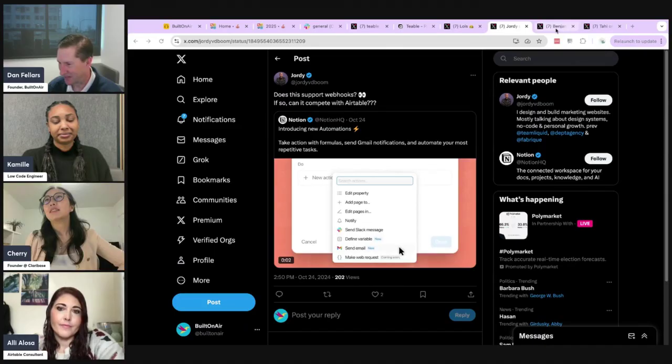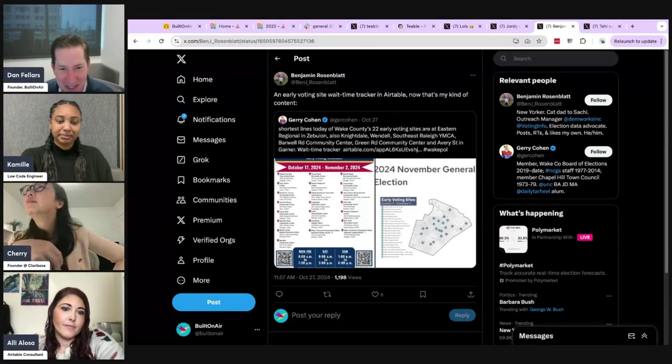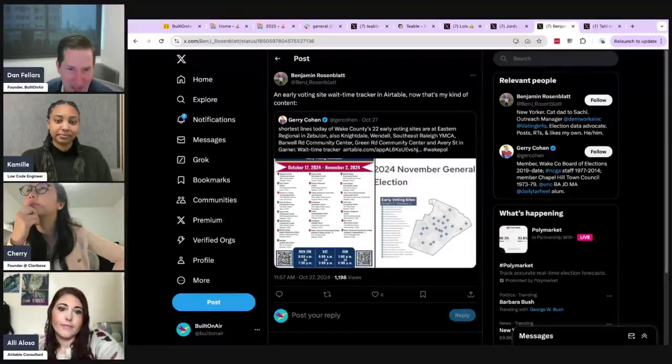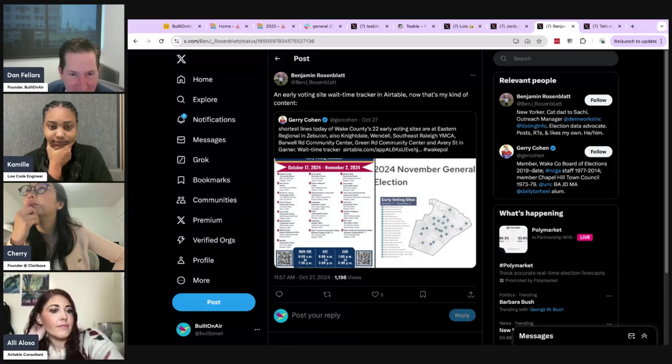Very good. Okay, a few more here. Here's a live example coming up on Election Day. So that's next week, a week from today, I believe. And so they're using Airtable to find wait times at election booths, voting sites. So Wake County, not sure where that is, Raleigh, so that's North Carolina. So they're using Airtable. So that's cool to see Airtable out in the wild